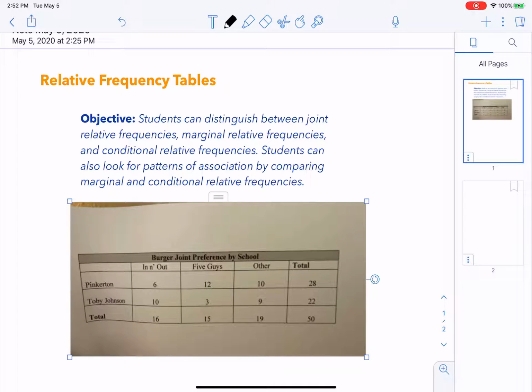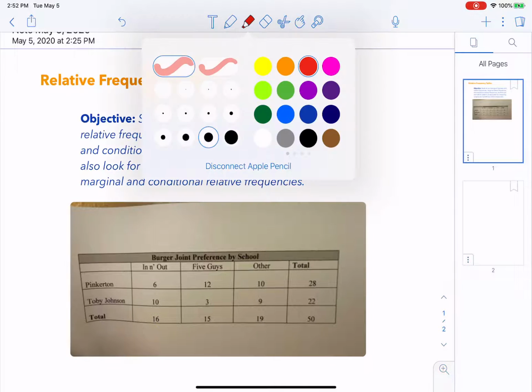Okay, students, in the last video, we looked at some basic vocabulary. What's a joint relative frequency? And what's a marginal relative frequency? What's a conditional relative frequency? And today what I want to do is focus on a more, in a sense, philosophical issue, but there's a